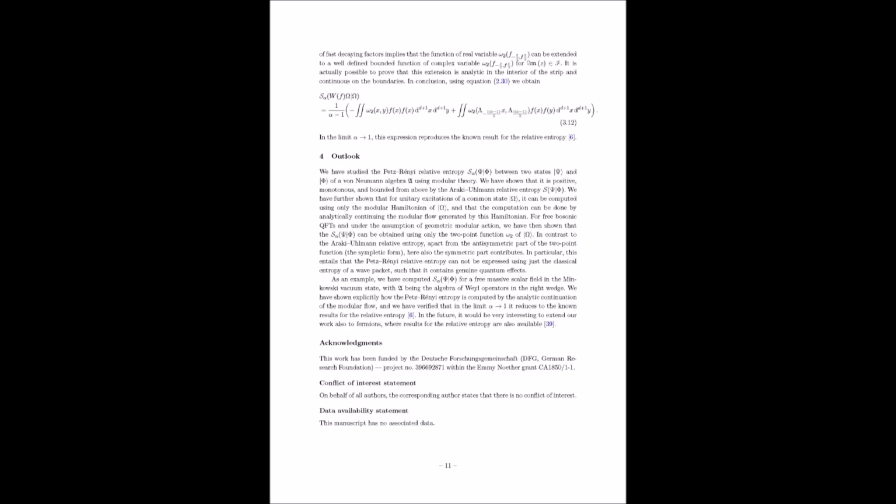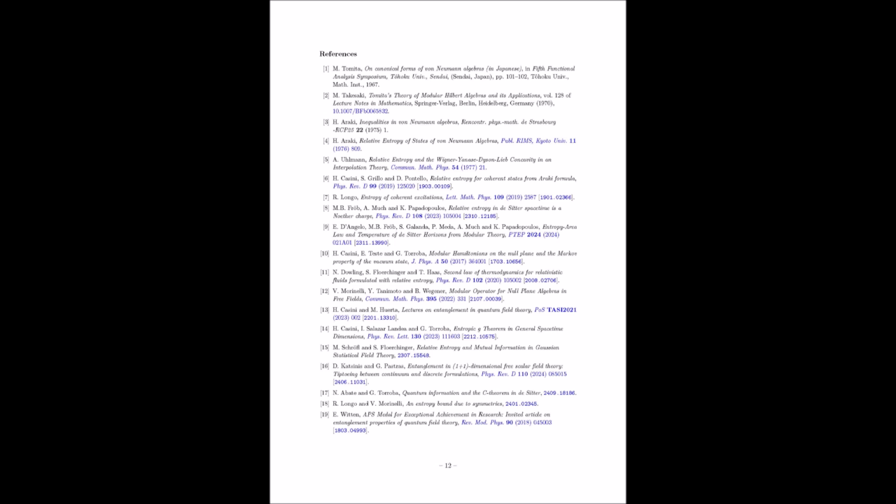Exactly. The Petz-Rényi relative entropy, it's like a more powerful, more flexible version of the Araki-Uhlmann formula. More powerful. How so? Well, it introduces a parameter, alpha, that lets us adjust the sensitivity of our measurement. By tweaking alpha, we can zoom in on different aspects of the differences between quantum states. So it's like having a microscope with an adjustable lens. We can get a clearer picture at different levels of detail.